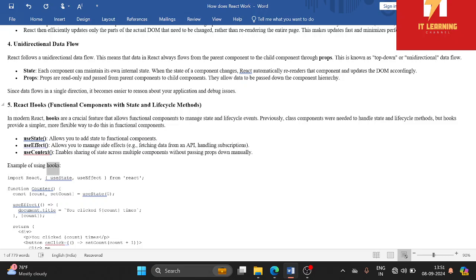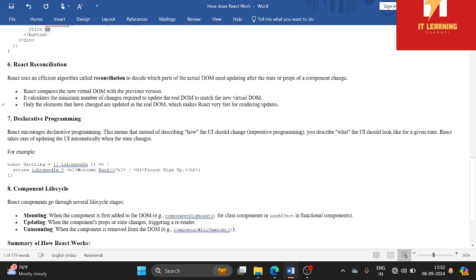Example of using hooks. import React, { useState, useEffect } from 'react'. function Counter. const [count, setCount] = useState(0). useEffect(() => { document.title = `You clicked ${count} times`; }, [count]). return <div> <p>You clicked {count} times</p> <button onClick={() => setCount(count + 1)}>Click me</button>